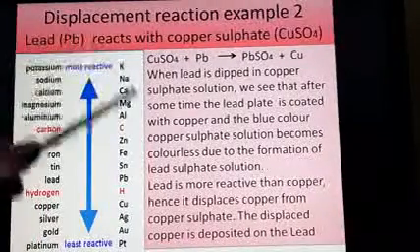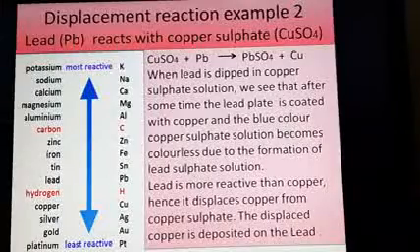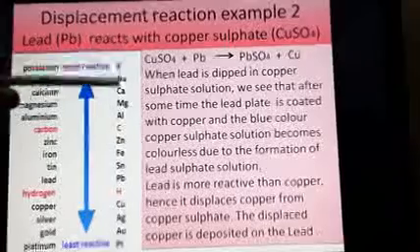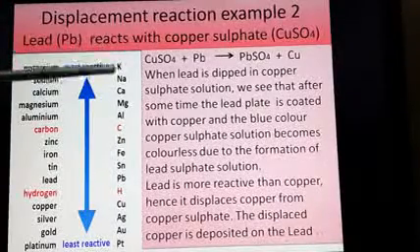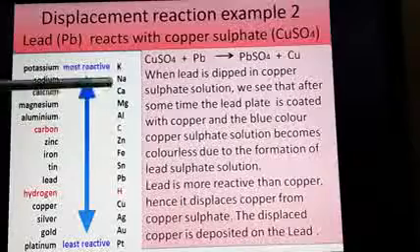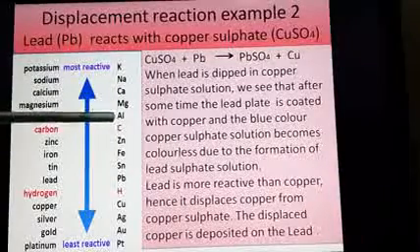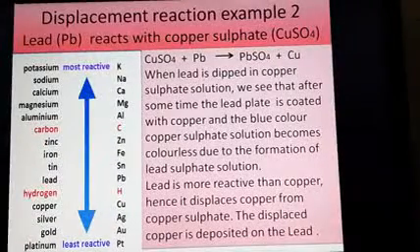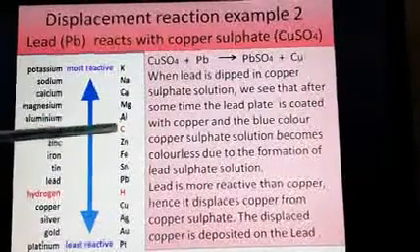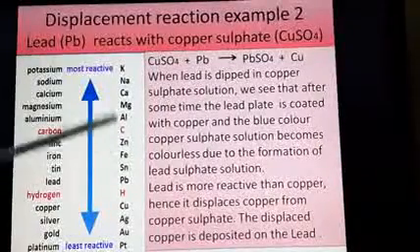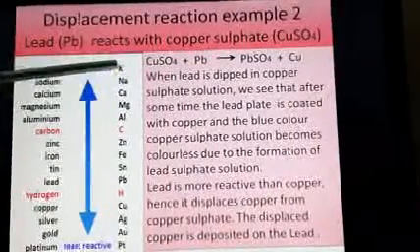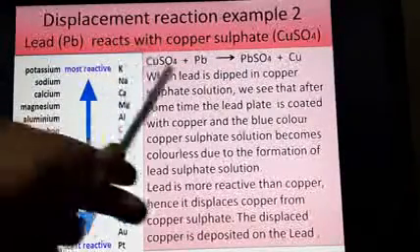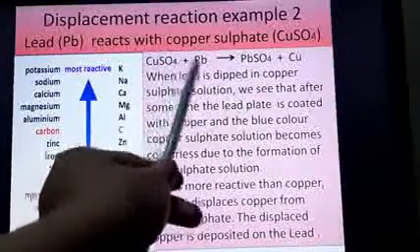Now here I have just put a little chart. It's nice for you to know the order of reactivity of metals. Right on top you've got generally the group 1 elements, that is potassium, sodium. Then you've got group 2 elements, calcium, magnesium. Group 3, that is aluminium. Group 4, carbon, and then all these come as transition metal elements and so on. So all the metals that are on top are more reactive and can push any metal that is below it out of its position. So here in the second example we've got copper sulfate and lead.